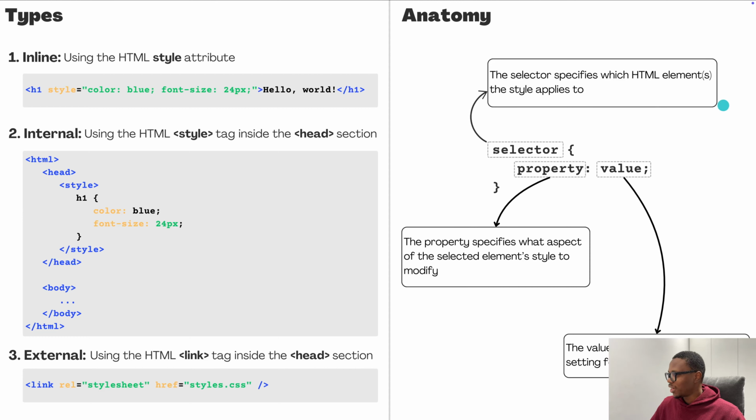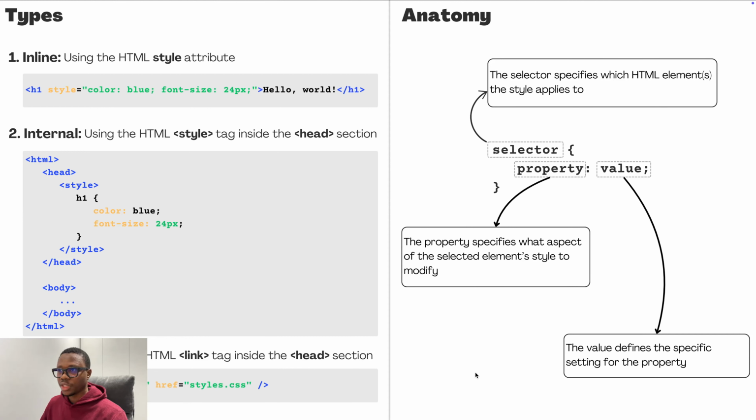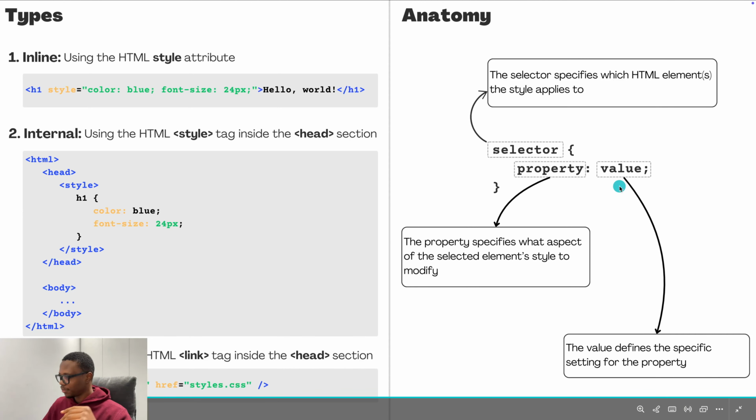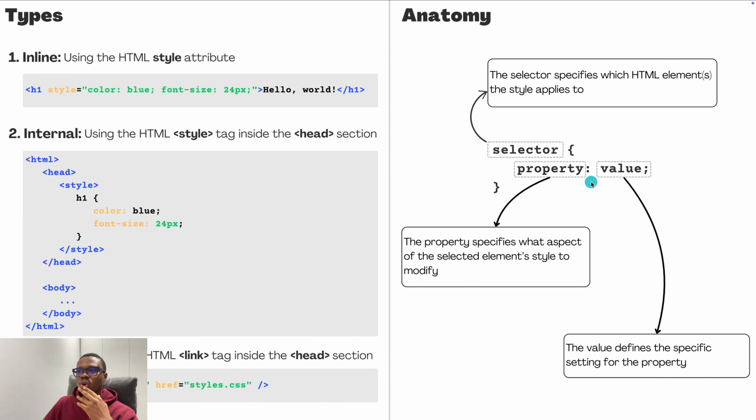So the anatomy of CSS. We've talked about the types: inline, internal, and external. Now we are going to talk about the anatomy of CSS. What is CSS made up of? What makes CSS a CSS? What makes CSS code style? Sorry. Okay, so